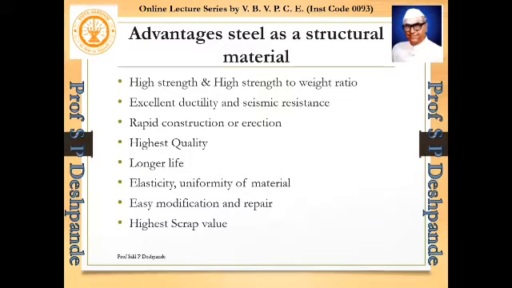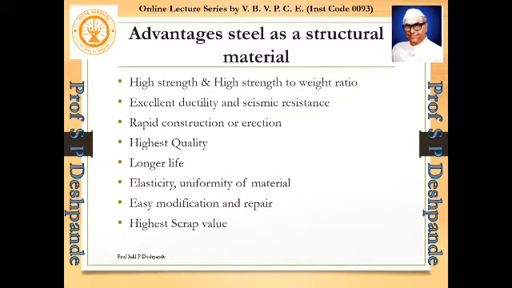Seismic matlab earthquake. Then दूसरा advantage जो steel का है, the main advantage, it is the rapid construction. Now steel is normally manufactured in the factories. Then whatever components you want to build out of those sections, those components will be built in the workshop. They will be transported to the site and they will be erected. So actual construction time on the site is much reduced. So in such cases, it will reduce your time. So the construction is very rapid.